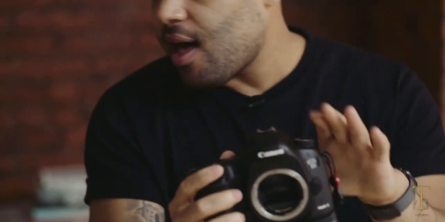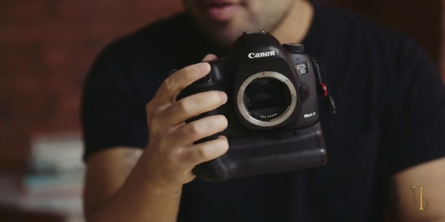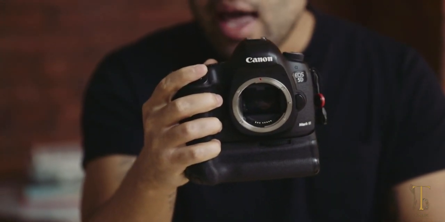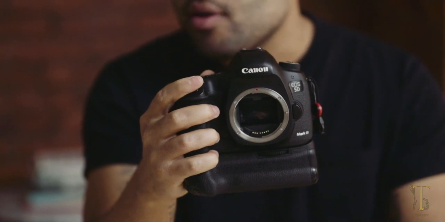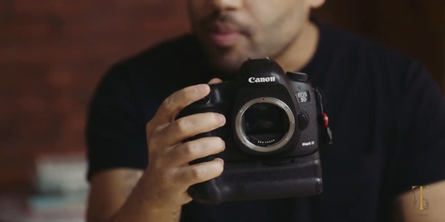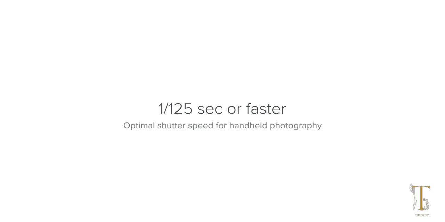The other benefit of shutter speed is it allows you to negate the impact of camera shake. So for instance, I'm holding a camera right now and it's not on, but if I hold this camera for 2 or 3 seconds, you'll notice, or at least I can notice up close, that the camera shakes a little bit. It's not perfectly steady. And the faster you shoot an image, the less that becomes a factor. The slower you shoot an image, the more likely you're to be susceptible to the camera shake and seeing that